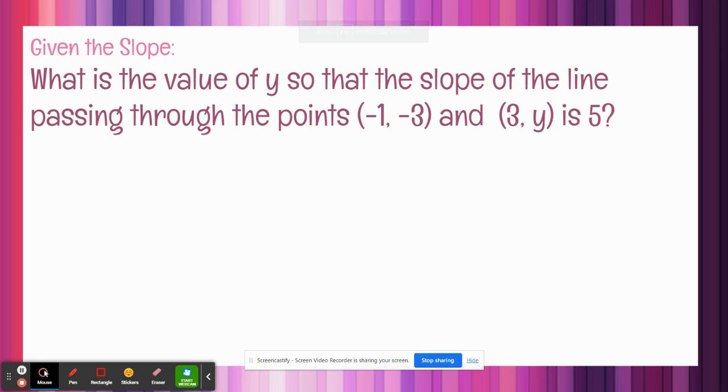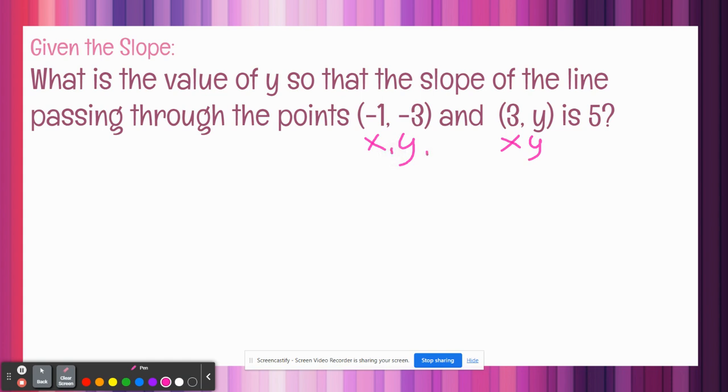We are going to find a missing value on an ordered pair when we're given the slope. So the question says, what is the value of y so that the slope of the line passing through the points (-1, -3) and (3, y), the unknown, is 5? So in other words, if I were to label my x's and my y's,